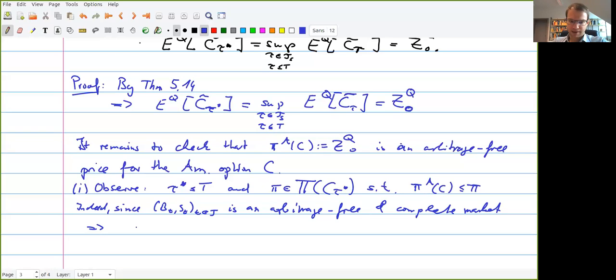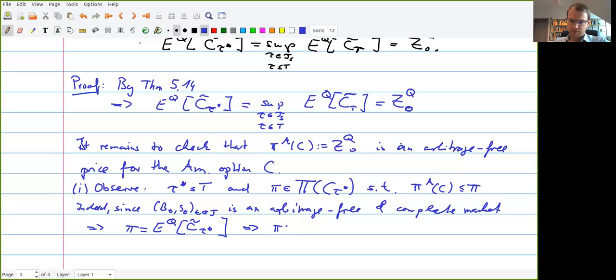it follows that this pi here is nothing else. There's only one. So with the European option stopped at time tau star, there's exactly one price, and this price is given by the expected value under the martingale measure Q of the discounted expected value of Z stopped at that time tau star. Right? So this is the European price, which means